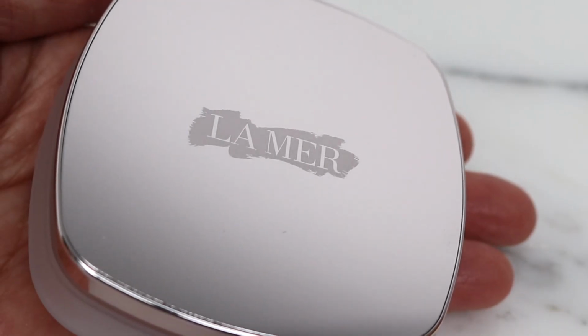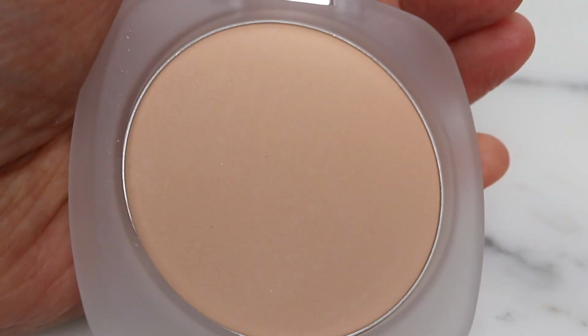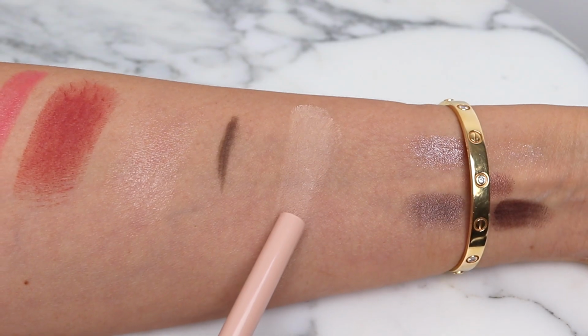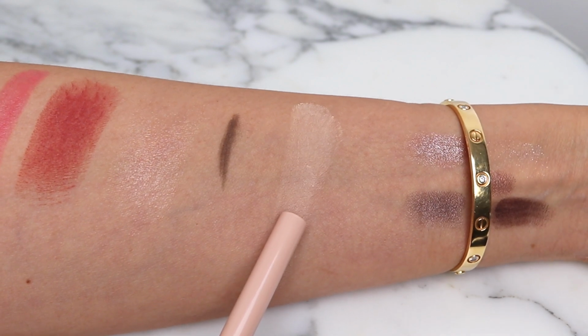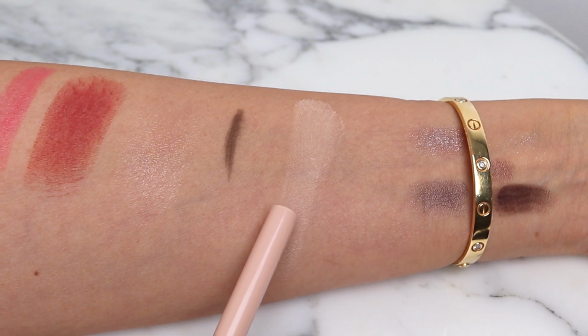I do love testing out powders. So I picked up the La Mer powder. Now this one was tricky to shade match, and so I picked up light, and this is one too, because the online images looked like the next one was going to be too deep, and I can deal with a lighter powder just like I can deal with a lighter foundation, but deeper powders and deeper foundations are a lot